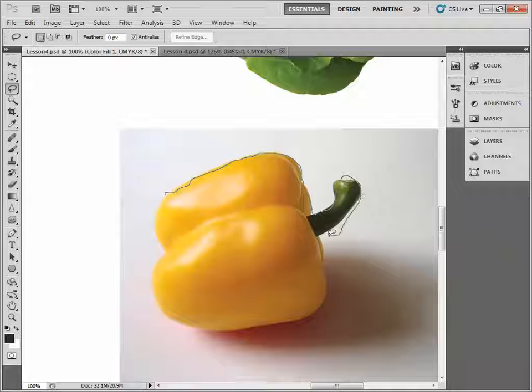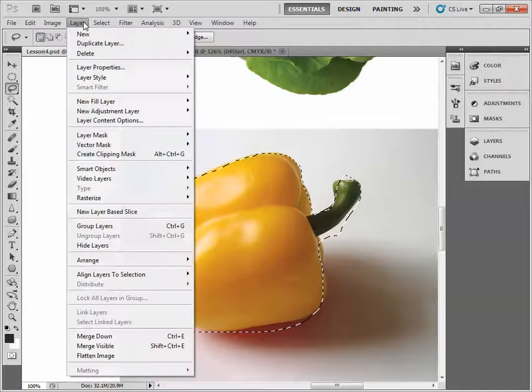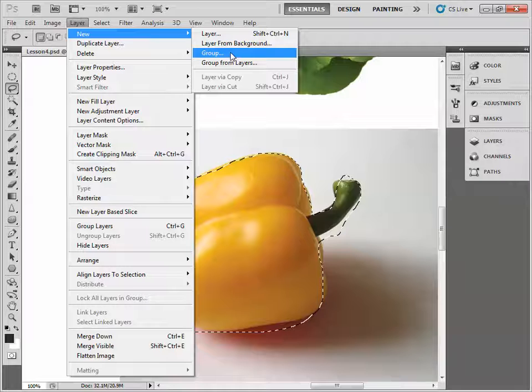Okay, I'm not going to do it good while you're watching. So we'll just do it like that. But I want you to spend some time. Okay, so there you can do it with the lasso tool, and then we're going to go Layer, New,